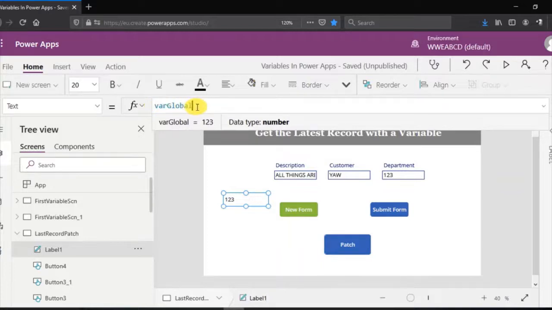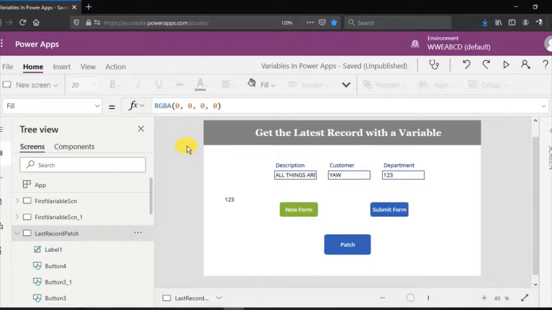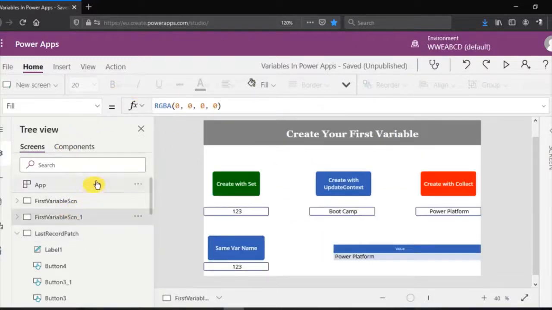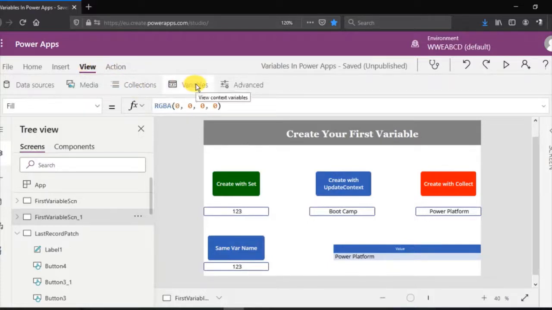Maybe you want to make some changes. Instead of 1, 2, 3, you want to put 6, 4, 5, or you want to put a text or a boolean instead of 1, 2, 3. So to find out where your variable was created or where your variable is located, for you to maintain or reuse or change some of the values, you go to view. Now for collections, you have your collections here, then you have variable. Now when you click on the variable,